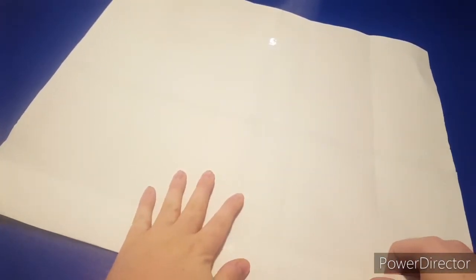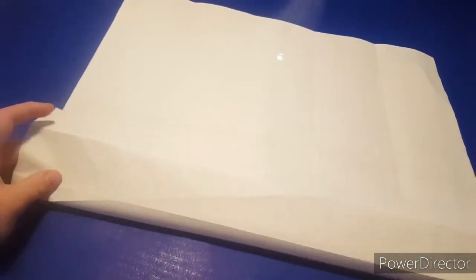Alright. So, now that we have our 5x5 grid right here, what we're going to do here is we're going to half each section up. So, we're going to get our 10x10. So, we're going to half each section up. Like that. And then